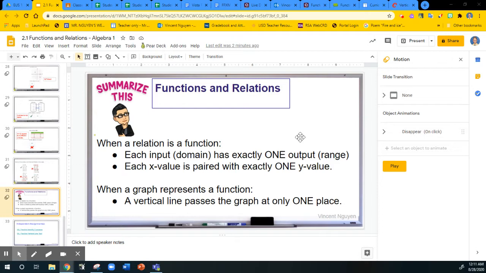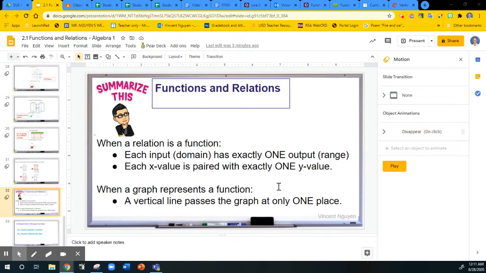Okay, so if you look in the domain, you should only see the x values being paired with only one y value in the range, and it's unique, right? So if the x value somehow repeats or is being paired with two values or three values, then it's not a function, okay? With regards to a graph, you can draw any vertical lines